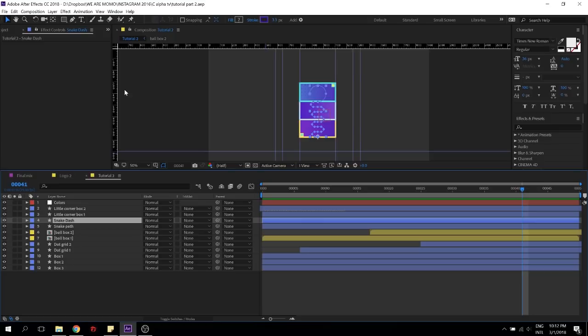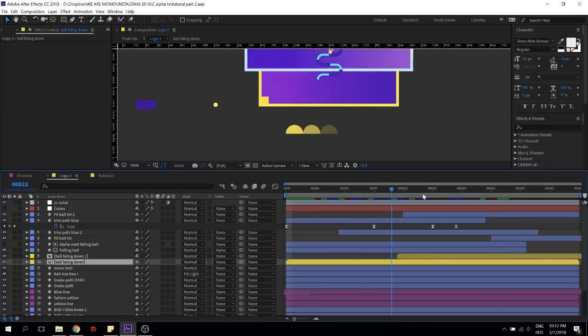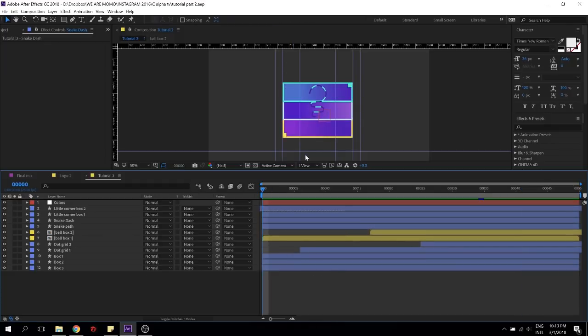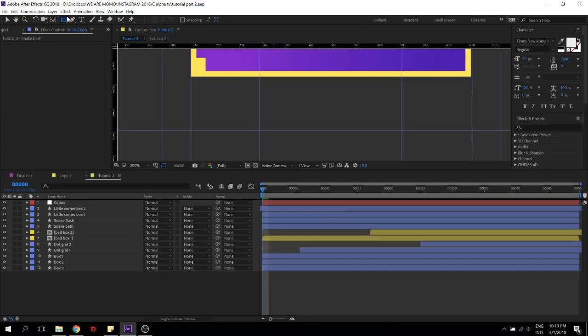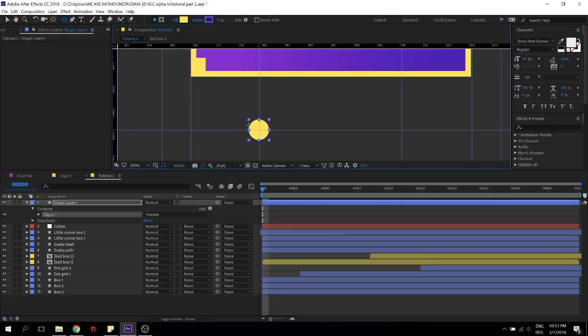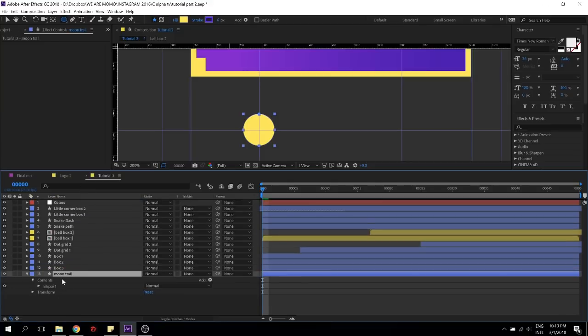What I'm going to do is something that I call the moon trail, and the moon trail is this thing. It's like this square, like this circle, that appears and disappears. So to do that, I have a grid here. All I'm going to do is make a sphere right here. I'm holding Control and Shift to make sure that it's from the center and it's equal. So I'm just going to do that. I'm going to make sure that I call this a moon trail, and I'm going to put it below.